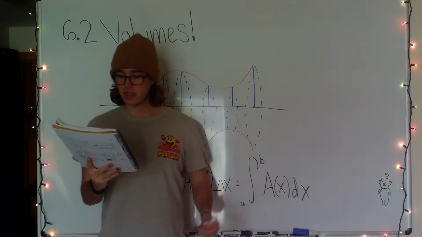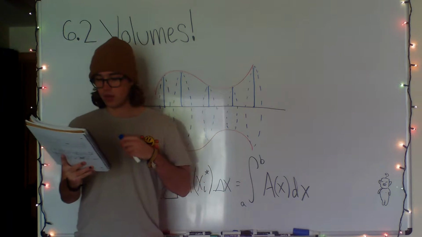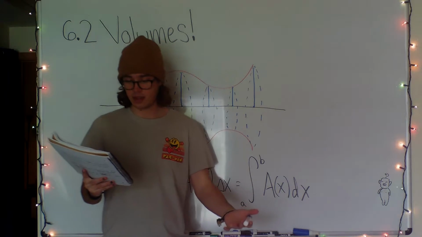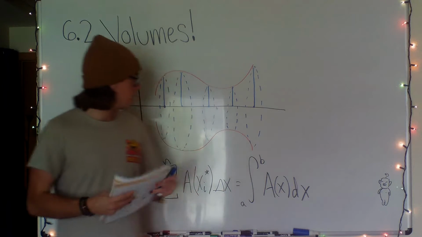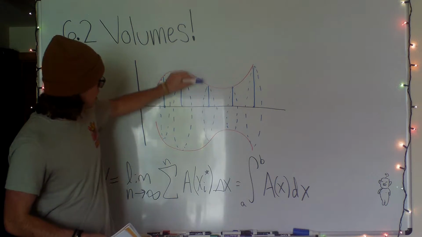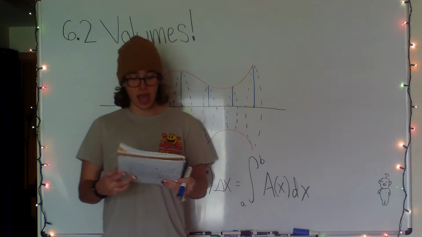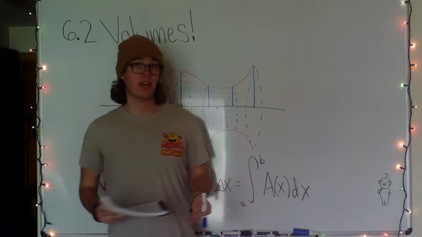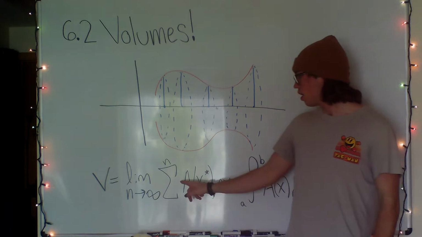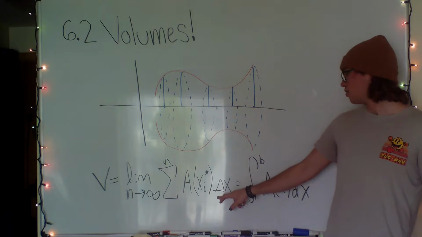Well, if we let S be a solid that lies between x equals a and b, that would be our red line. And if the cross-sectional area of S in the plane through x and perpendicular to the x-axis is A(x), that would be right here. For this purpose, this would be the radius of our circles if we were to rotate it around. Where A is a continuous function, then the volume of S is denoted by V equals the limit as n approaches infinity of the sum from 0 to n of A(x_i*) delta x,